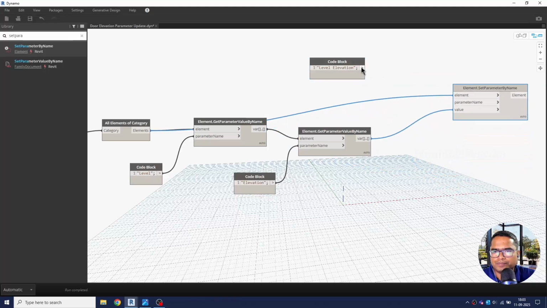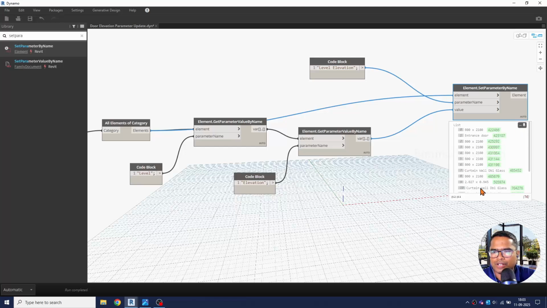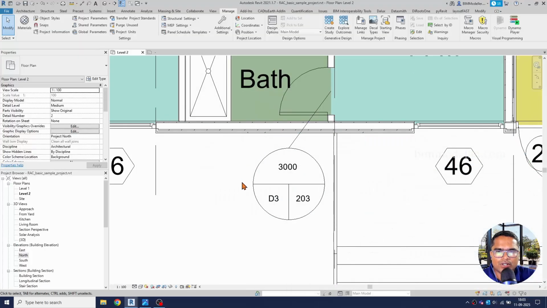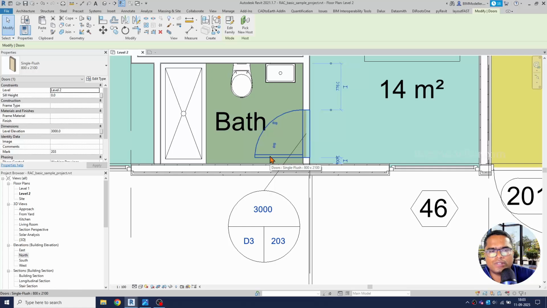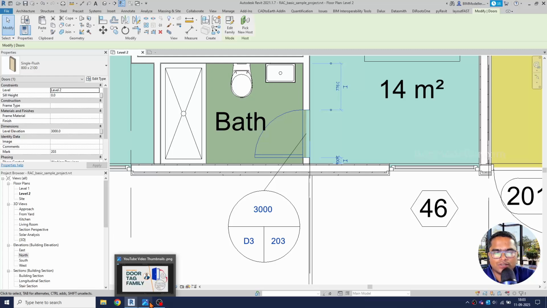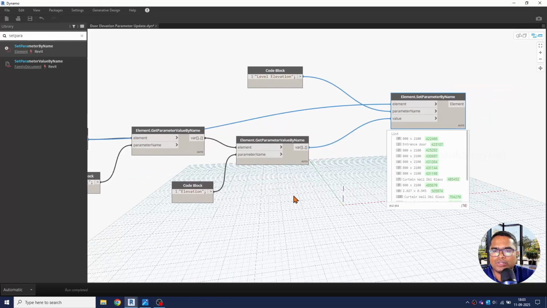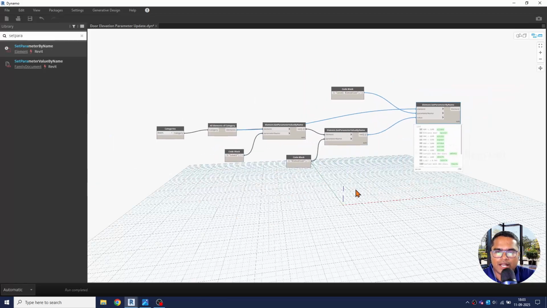And the value must be assigned. So there are 16 door elements being picked up, which means it has already run. The values are assigned automatically. So this is how you'll be able to assign one parameter to the other. And still, if your doors have some sill height values, and you want to add that actual value to the actual level from your elements, you make sure that you get the sill height parameter values,